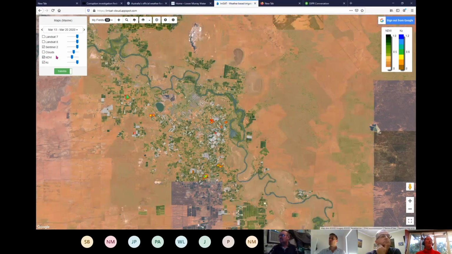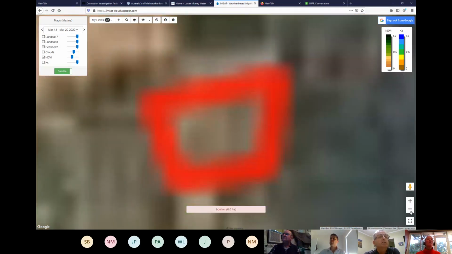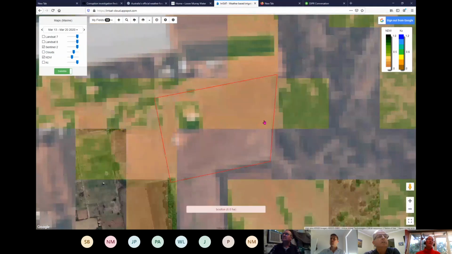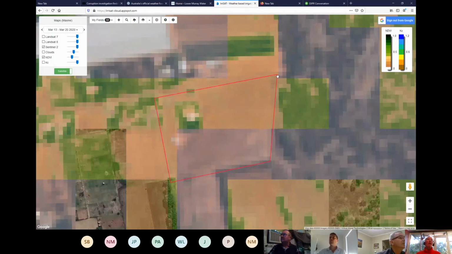And if you click the NDVI, I'll just make mine bigger. Then when you go to draw around, oops, sorry, mine's just updating. You can see how big these pixels actually are. So when you go to draw around a property, if you're drawing around a very small thing, the chances are if the edge of the property went through there, let's say, you're going to start getting roads and things. And of course, roads don't have a very good NDVI and near infrared stuff. And so your results won't be wrong, but they won't be as right as they could be. So if you can turn the NDVI on,